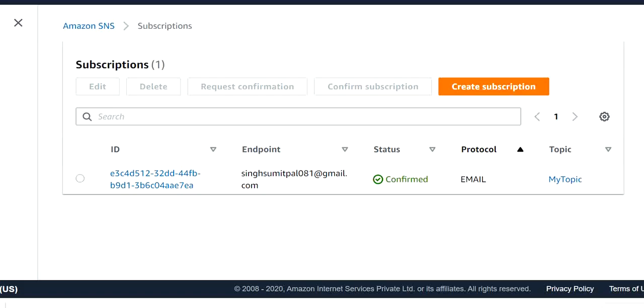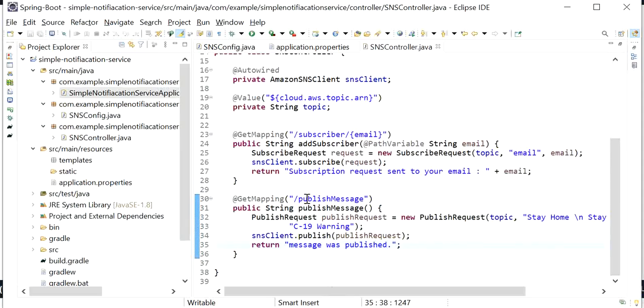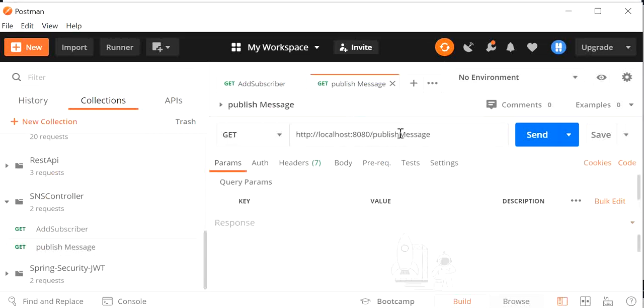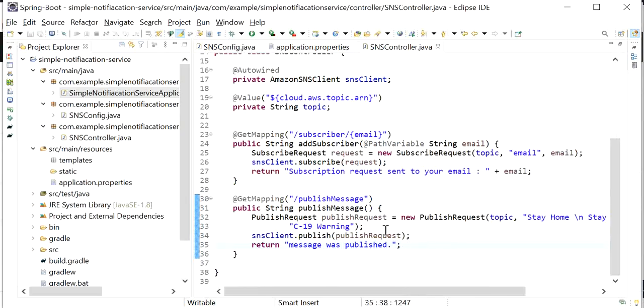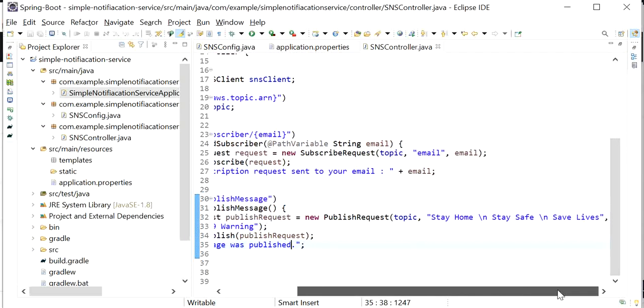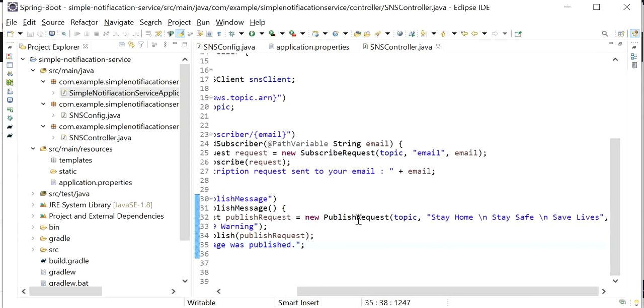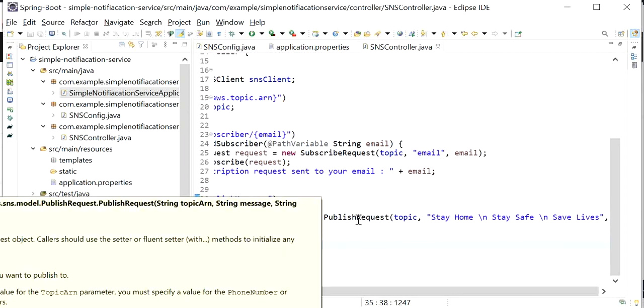Now we need to publish a message. So here we have created another endpoint. We will go and hit this endpoint and publish the message. When we hit this endpoint, this message will go to the subscriber, and this is a publish request that contains three parameters.